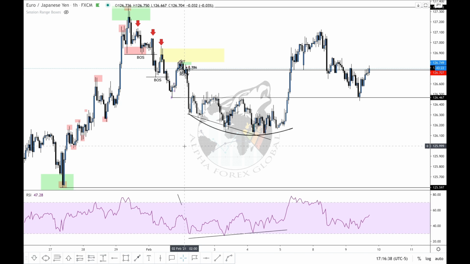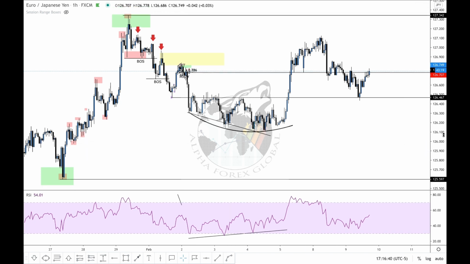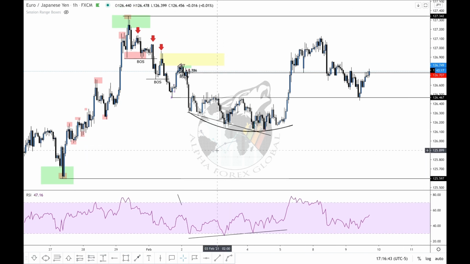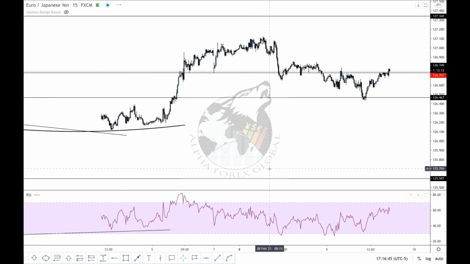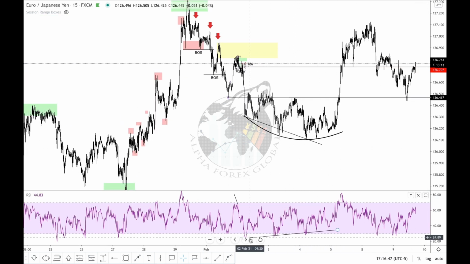So that is all you need to identify, divergence, right? And if I go on any time frame, 15-minute lower, it will still be there, right? So divergence showing that the market is going up,